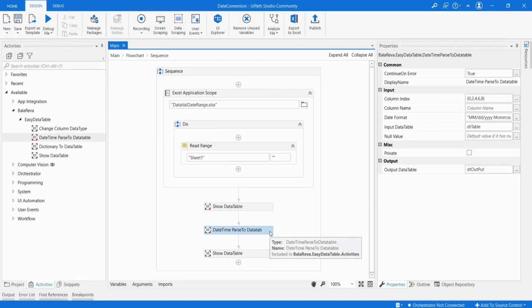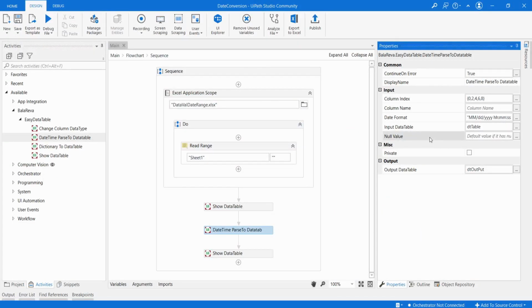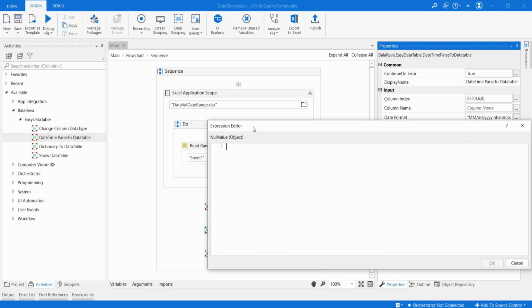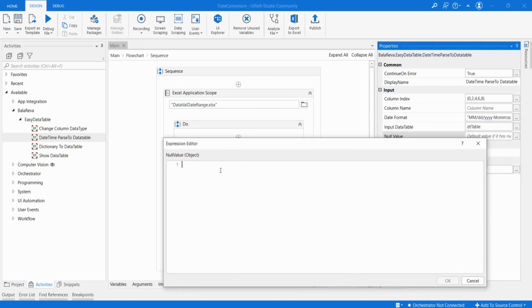How can we do this? Okay, and here you have a property called null value, and here you have to give the null value in a string, but the format is the input format. What is the input date format you gave here? The same format you have to give for the default value.